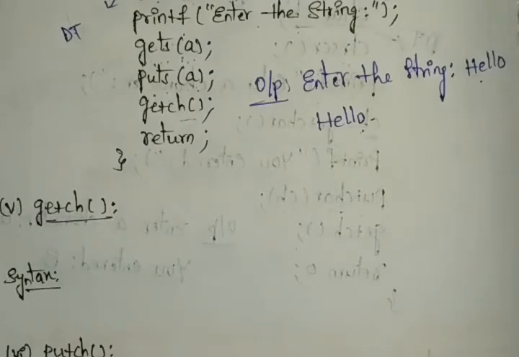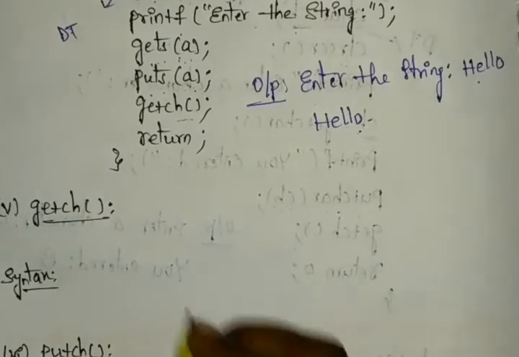Whatever you perform with getchar can be displayed in our output section, right? Once you perform putchar, that is displayed in the output section by the display process. But here getch will not display whatever the user has entered. Whatever the user enters by the keyboard will not be displayed.